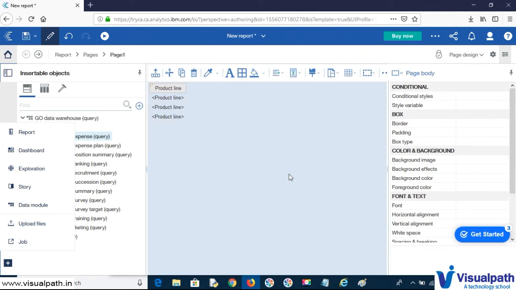In the next session, we will try to understand what exactly the reporting portion of Cognos is, and we will start developing reports from the very basic level, from list reports to crosstabs, and then we'll try to understand how we can do prompting of the user, that is, how we can give values from the report so that dynamic filtering can be done according to the value selected. So this is all for now.